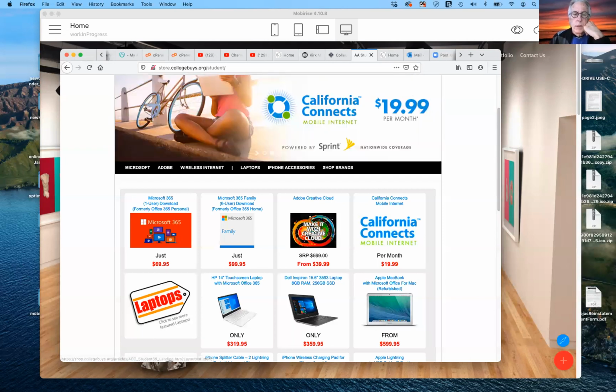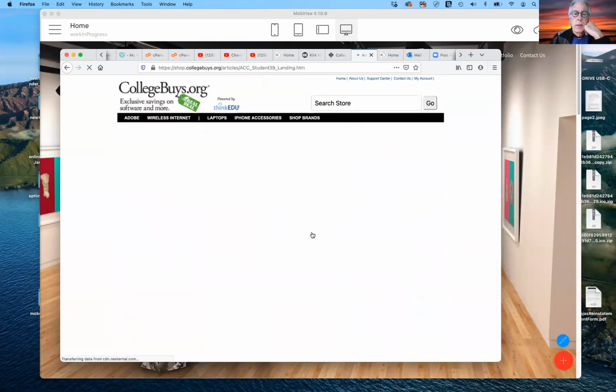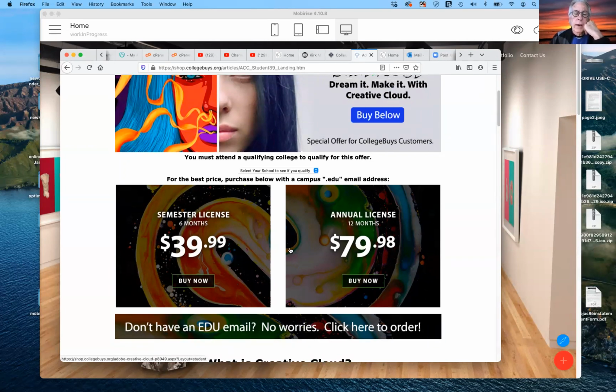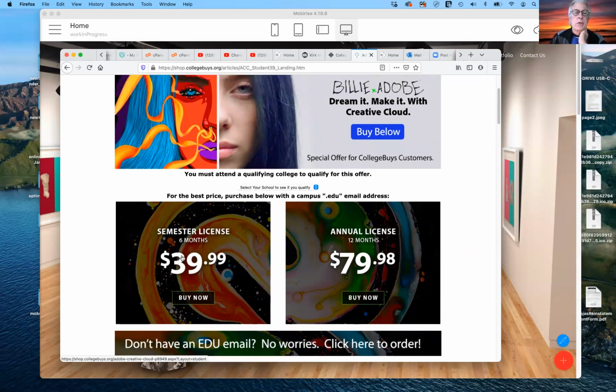Now, if I click on this, Adobe Creative Suite, again, it shows you that I can buy a semester license, which is 6 months, for $40, or the annual license for $80. So if you plan on taking classes in the fall or continuing to use Adobe for any reason, as long as you're a student, you will not find a better buy anywhere. So if you can afford it, I would go for the $80 approach. If you can't, then you'll need to subscribe to the minimum $40 approach. Okay, so that's the first